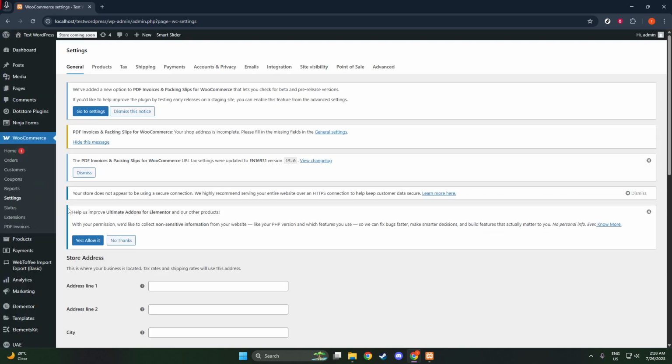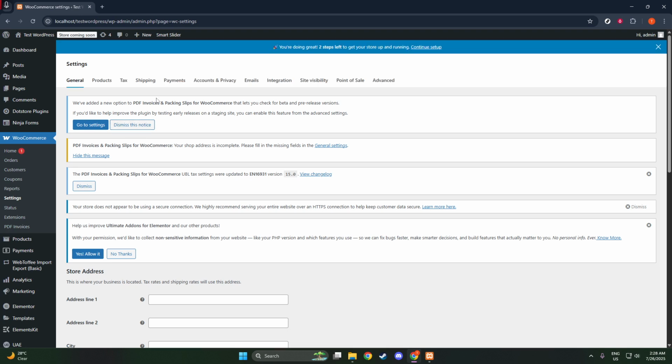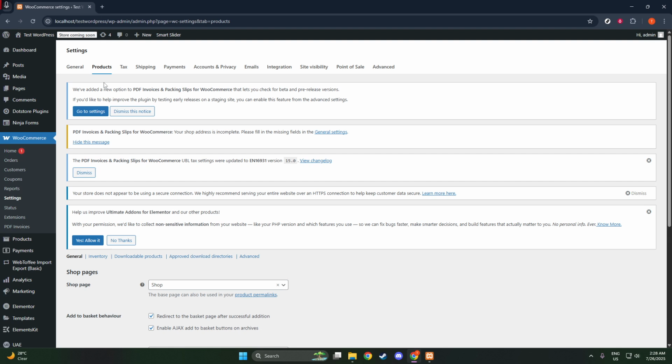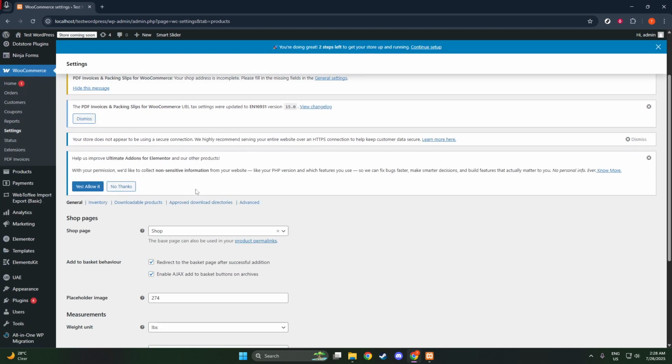First, open your WordPress dashboard. This is your hub for managing everything on your site, including WooCommerce. Once you're on the dashboard, you'll want to locate the WooCommerce option on the left-hand side menu. Hover over it, and you'll see a list of options pop up underneath. Click on Settings from this list. This will take you into the heart of your WooCommerce settings, where you can control a wide array of functionalities